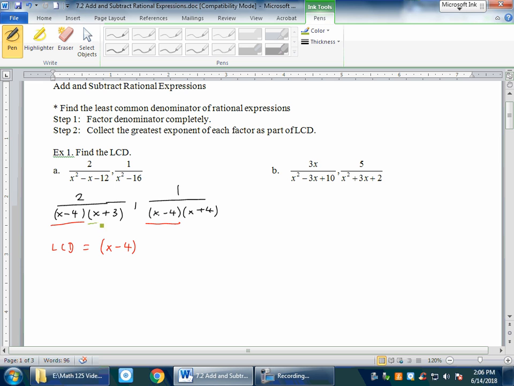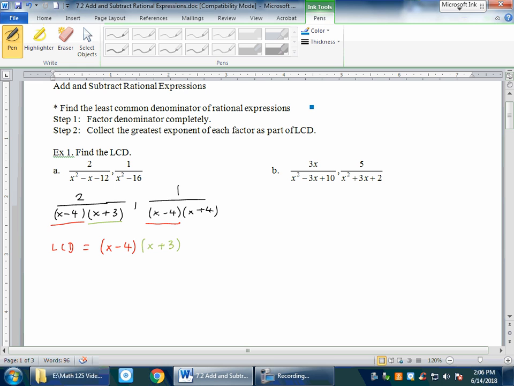So I have x plus 3 in the first fraction, but not in the second fraction. So x plus 3 to the 1 power will be considered the greatest exponent for this particular factor. So x plus 3 will become part of the least common denominator. Finally,